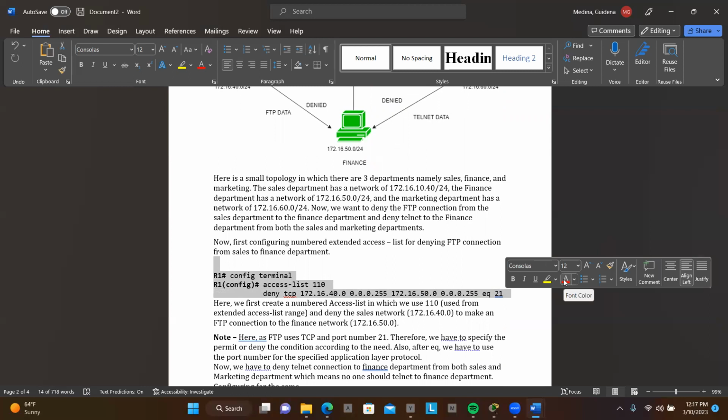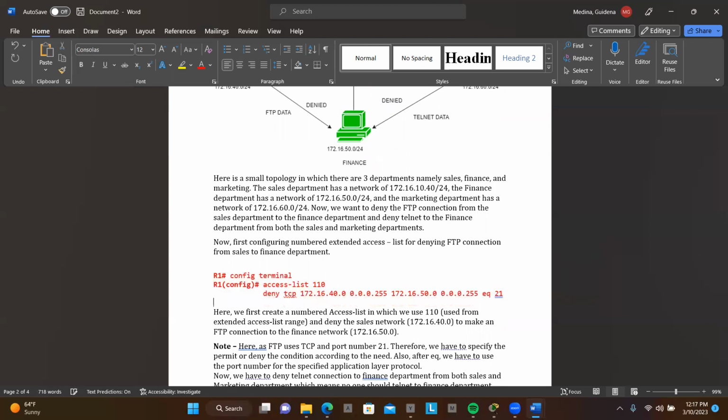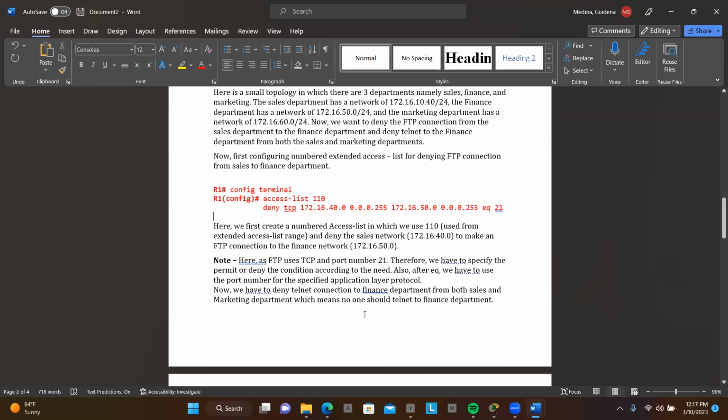Let's make this word so everybody can see it. And then here we create, bang, bang, bang. Here we first create a numbered access list in which we use 110, from the extended access list range, and deny the sales network